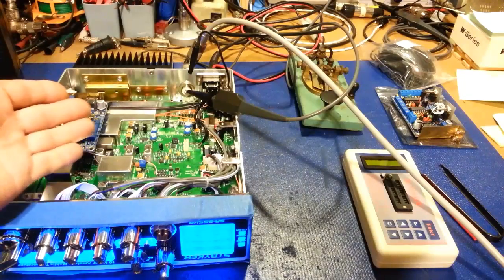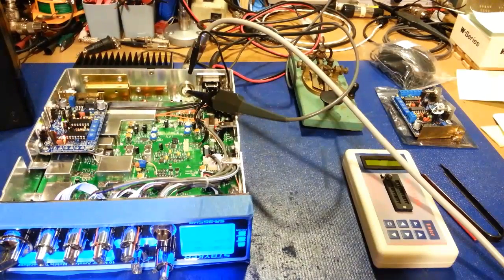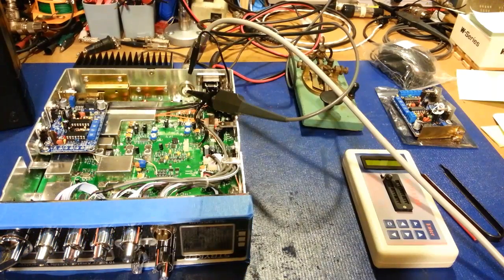So it has one hell of an audio range, man. I guess if you want to talk to bats, this would be the radio to have, because this thing's getting into the really high frequencies. So there you go. Just my opinions on the Asymod installed in a Stryker